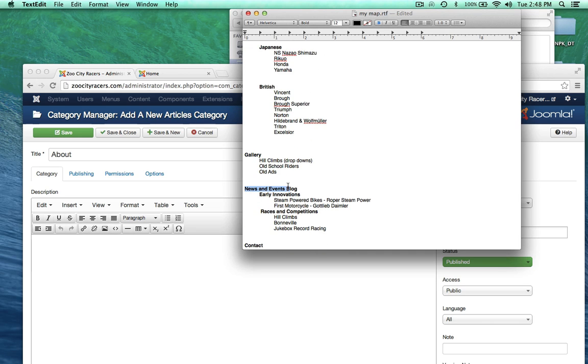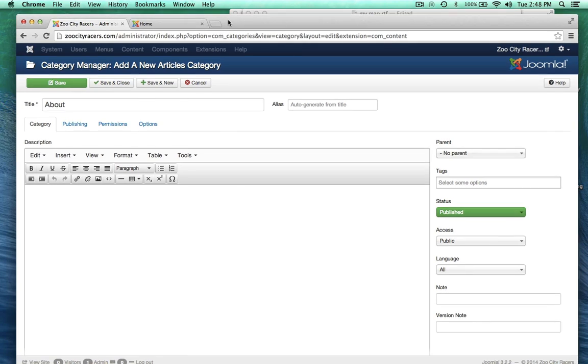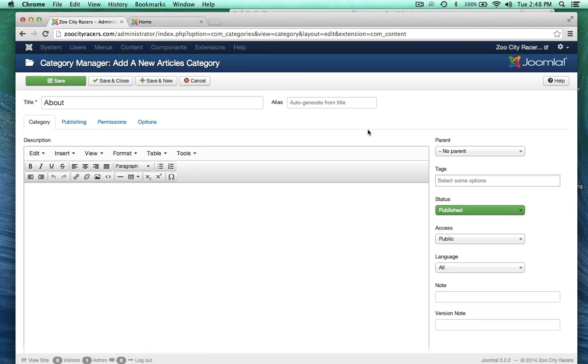The news and events is the parent here of the early innovations category, okay? But in this case, for about, I just want to have it as its own category with no parent. So that's all I need to do, nice and easy. And I can either save, and then it will be saved, but then I can make more edits. Of course, I can always go back to it later. Save and close, which will bring me back to the category manager, or save and new, which will save this